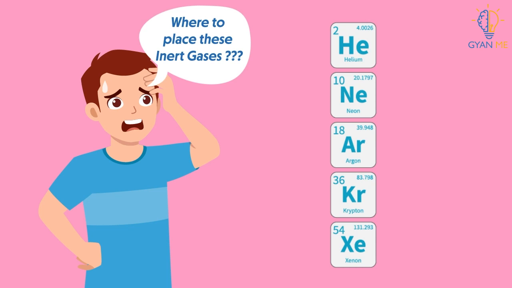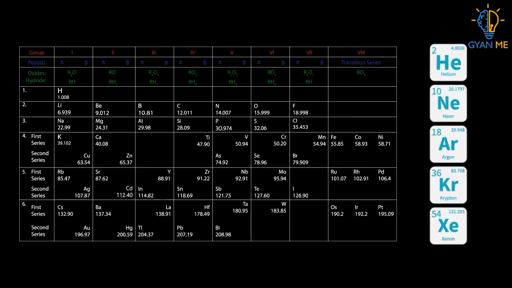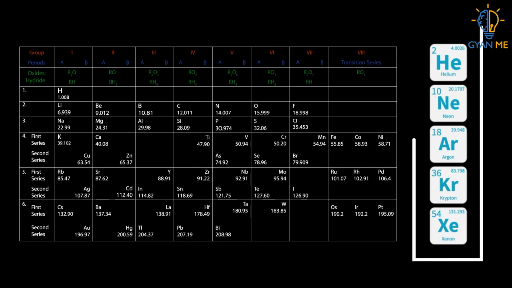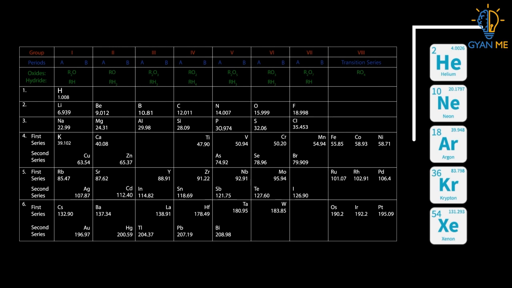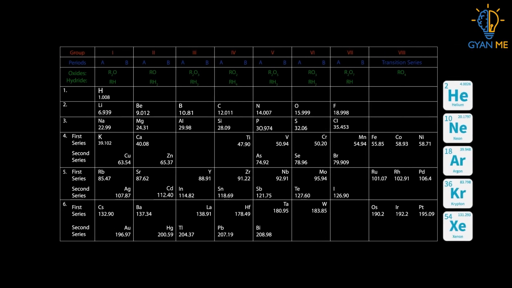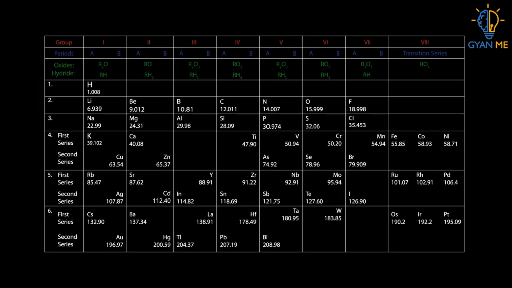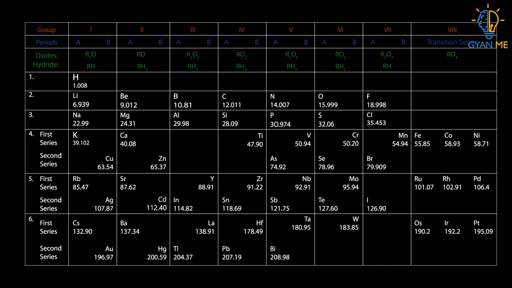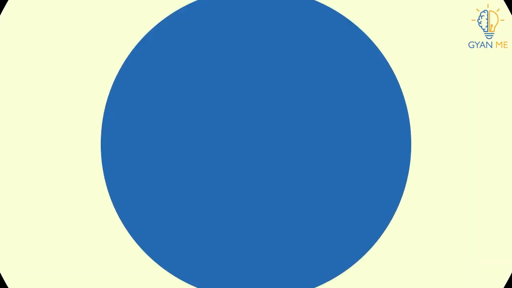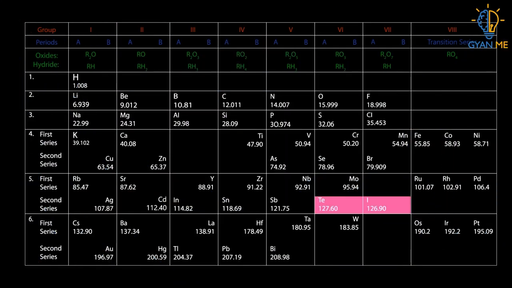Yes. But the arrangement of elements given by Mendeleev was so systematic at that time that these inert gases could be easily arranged in this periodic table without the slightest disturbance. They could be easily arranged into altogether different columns. Did you observe anything else in the table? We find that in some places, the elements are not in ascending order of their atomic masses. For example, iodine and tellurium. Can you find any other such pair?